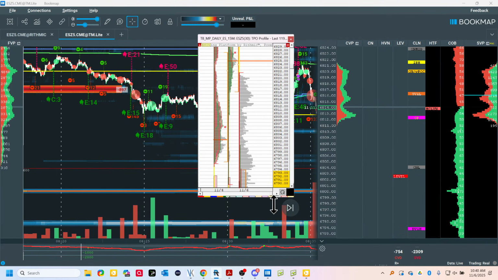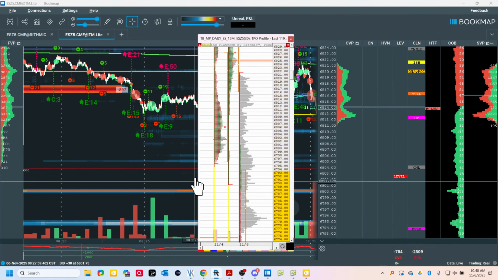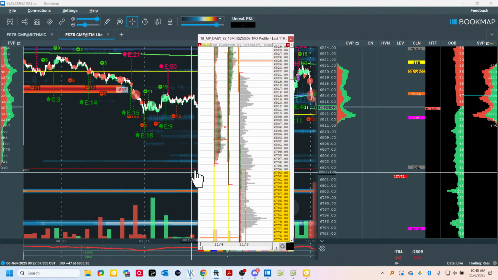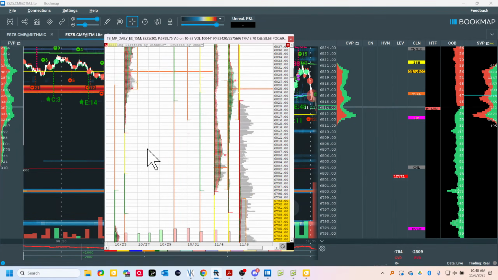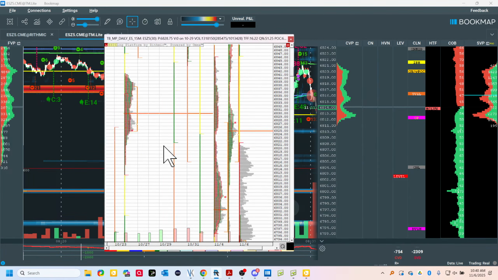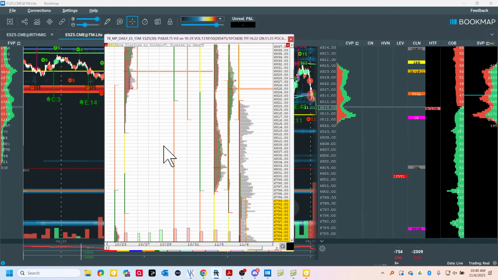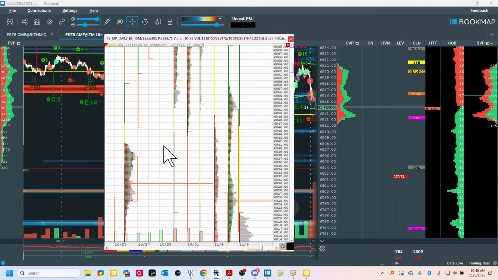And Trader Lab is having a great day today. Now, let's be serious about this. Nobody has a great day every day. But the reason we have a trade plan is because there's a random distribution of behavior. And that random distribution means there's going to be days where you kind of wonder what the heck. And then there's other days where you have a day like today. It's part of the random distribution of outcomes.